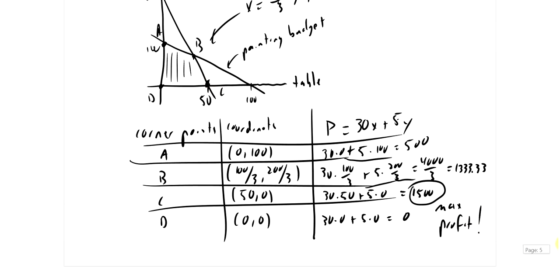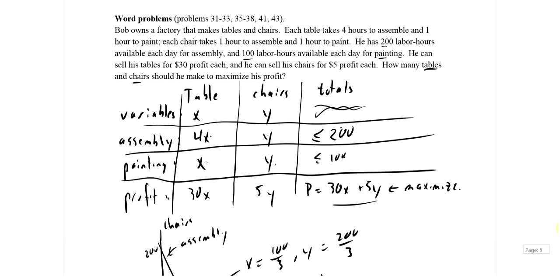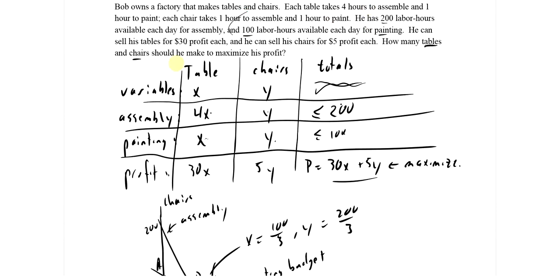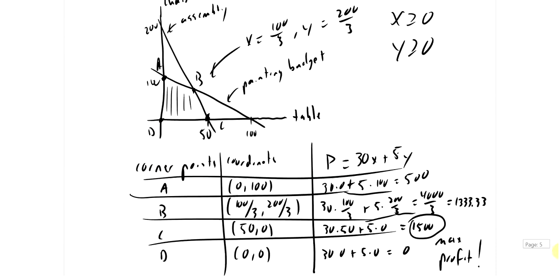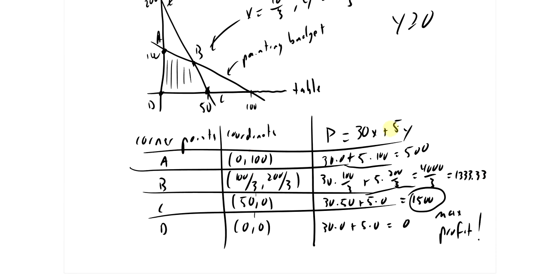So all of chapter 5 then is pretty much in this problem, right? Given this kind of a word problem, set up a table that expresses what it is you need to find, your variables, your various budgets, the thing you're trying to maximize and minimize. Use the inequalities to draw the feasibility region. Always remember, especially in word problems, we're only looking in the first quadrant. Once you find the feasibility region, find the 4 corner points or 5 corner points, however many corner points there might be, and then you can set up a little table. Here's my corner points, coordinates of my corner points. This is the thing I'm trying to maximize and minimize. Plug each corner point